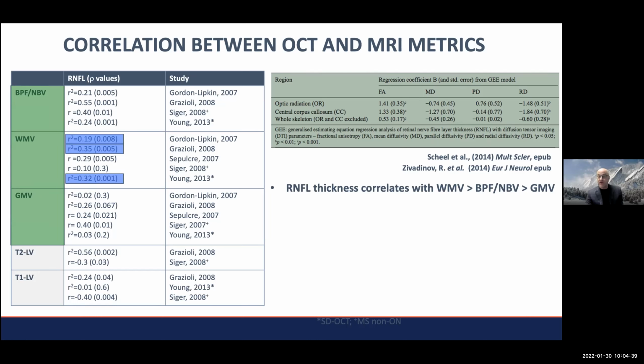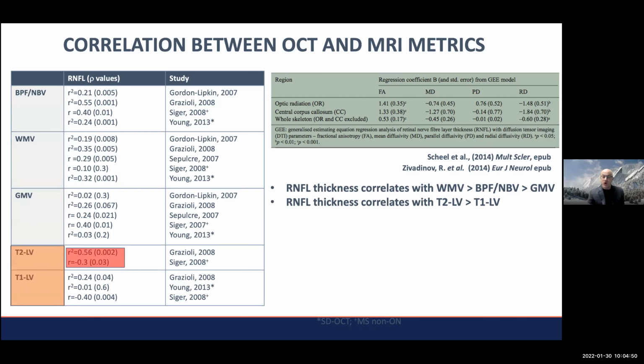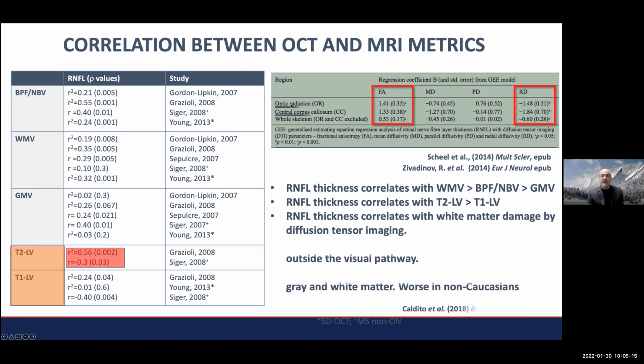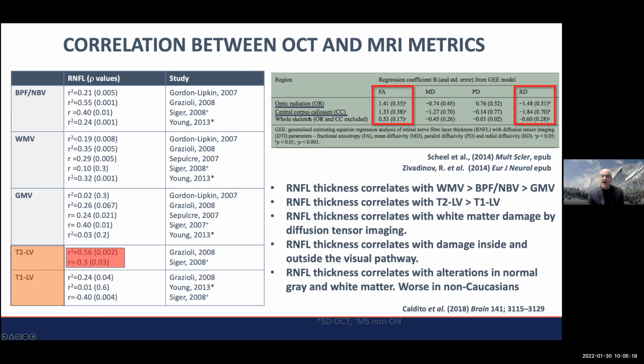than brain parenchymal fraction and gray matter volumes, despite the fact that you're correlating axonal thickness with brain thickness here. Retinal nerve fiber layer thickness correlates with T2 lesion volume and more than T1 related black hole lesion volumes. And retinal nerve fiber layer thickness, using more sophisticated MRI measures, can correlate with both injury as determined by diffusion tensor imaging and radial diffusivity, as well as with damage both inside the optic radiations and outside the